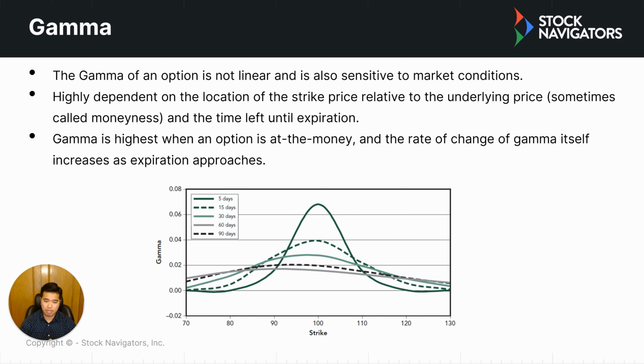So on this graph, as you can tell, if you look at the black and the gray curves, which represent 60 days until expiration and 90 days until expiration, you can tell the slopes of these curves are very gradual, meaning the gamma is very subtle, it's very slow. But if you look at, let's say, the top one, the solid dark green curve, which is the gamma 5 days before expiration, as you can tell, it is going in a bell curve. It's kind of a parabolic shape,